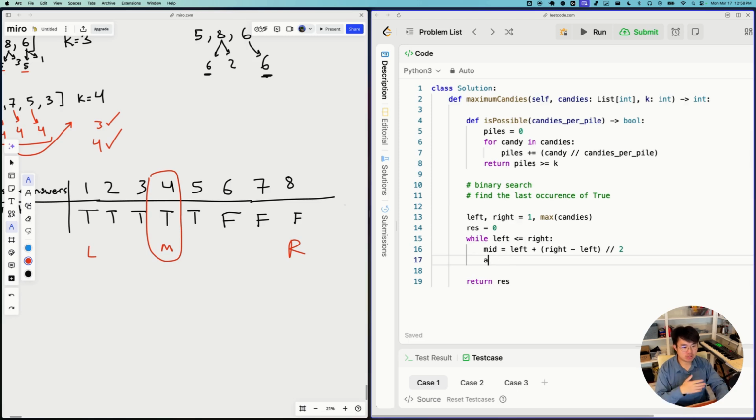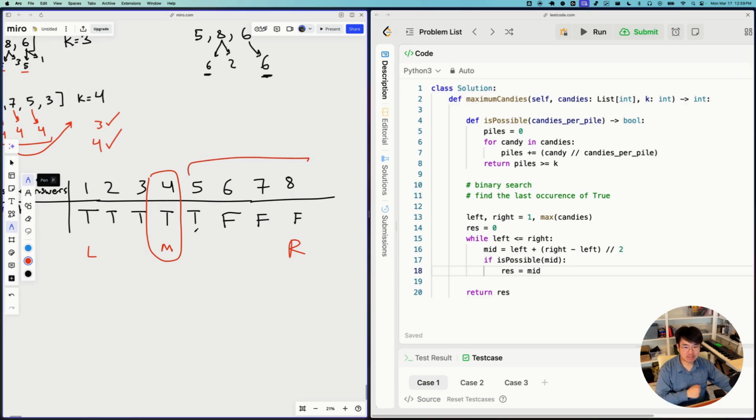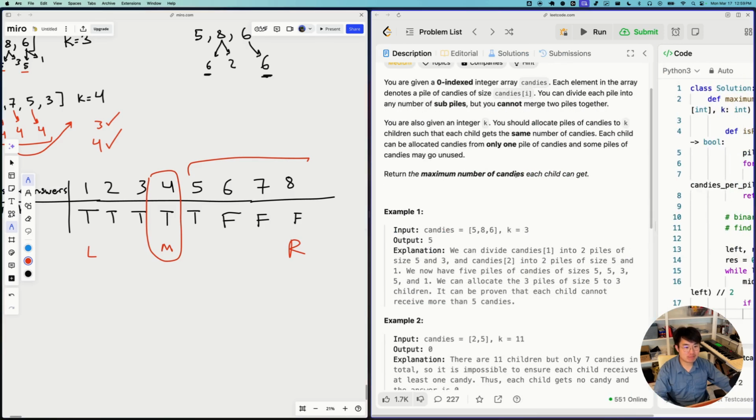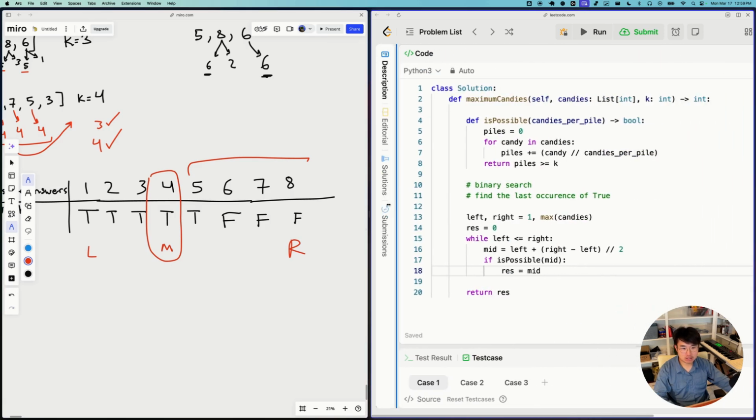Well, now we want some sort of true and false thing, and we have a function that does that, right? We could just say if is possible at this mid, the potential answer of 4, was it possible? It was possible. So then let's go ahead and set our result to mid. But then let's look at the right portion, because maybe we could find something even better, right? Because if you recall, they want the maximum number of candies we can get. So even though 4 works, we need to check to the right, because maybe 5 or 6 or 7 works